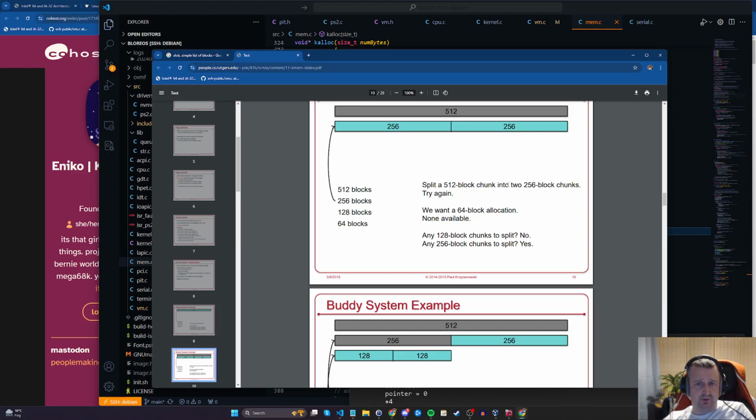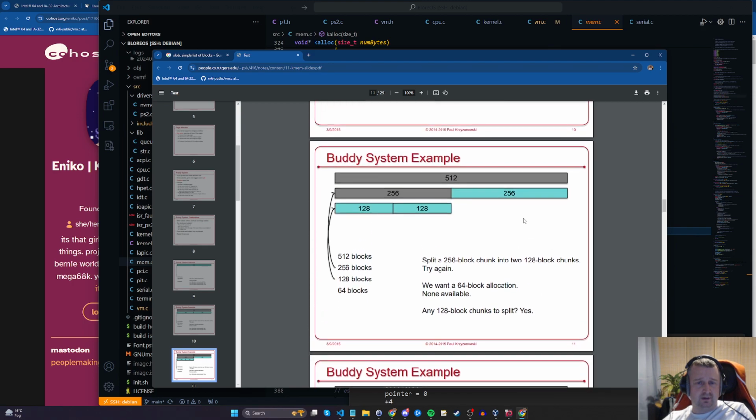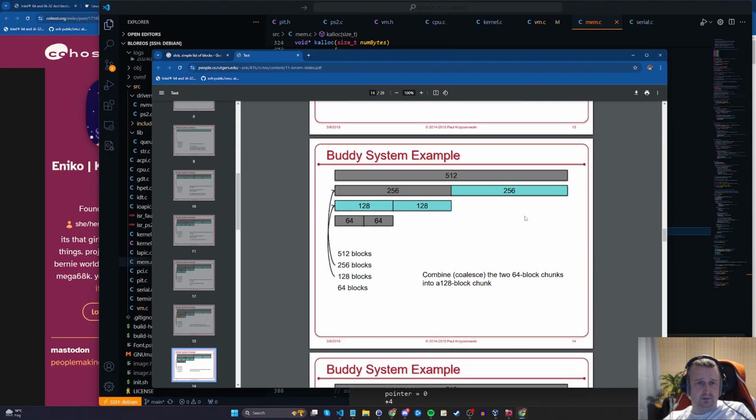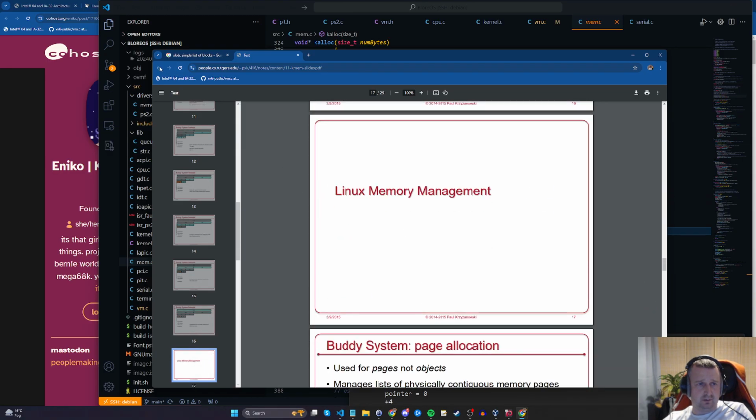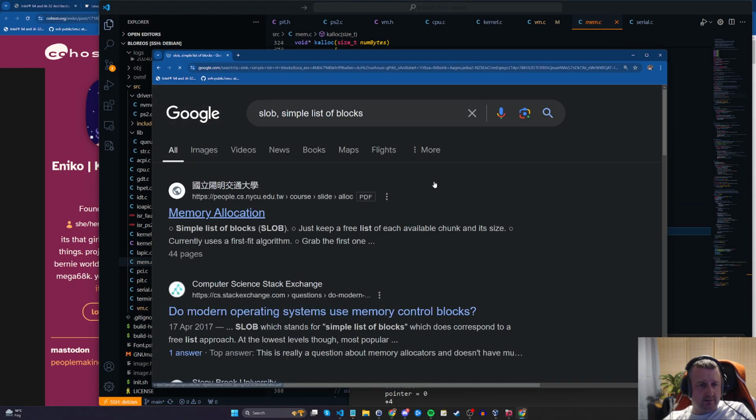Split a 512 block chunk into two 256 block chunks. Try again. We want a 64 block allocation, none available. Any 128 block chunks to split? No. Any 256 block chunks to split? Yes. So this is the buddy example, which is not, again, I don't think we can find